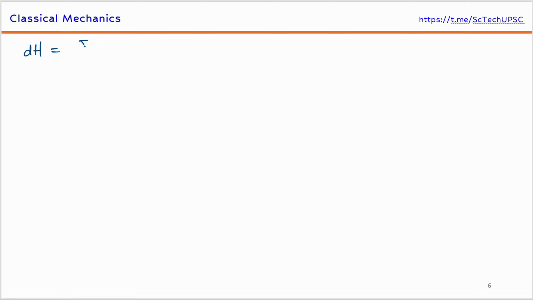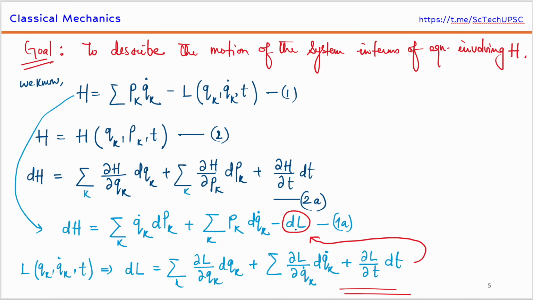is summation del h by del qk dqk. So what we have to do is, okay, let me just write this as, okay, we have to use this in 2a. Okay, then what it looks like is this. Okay,